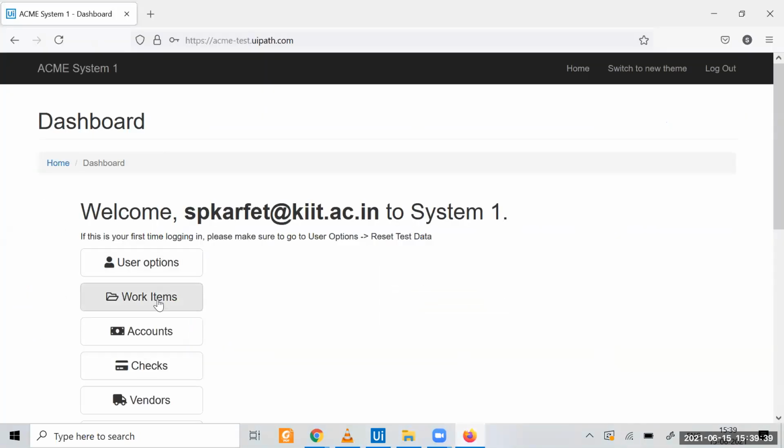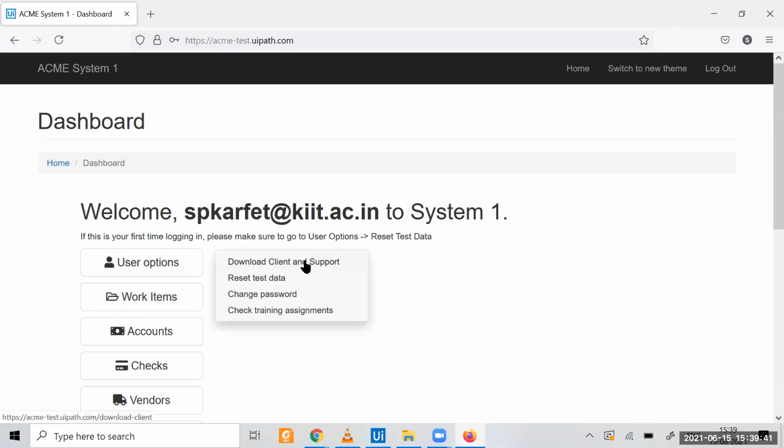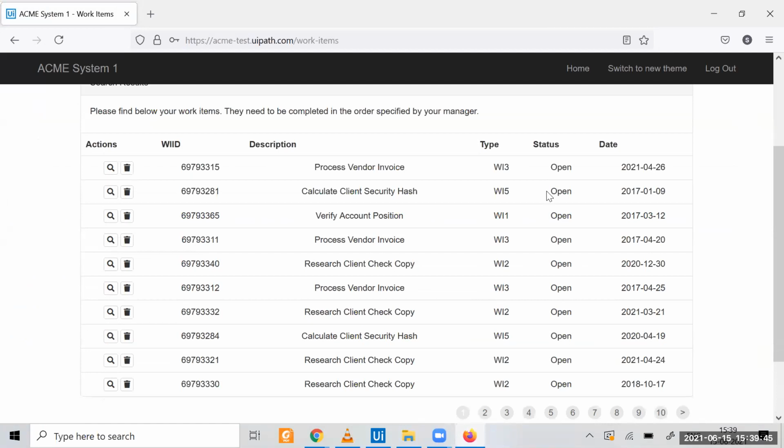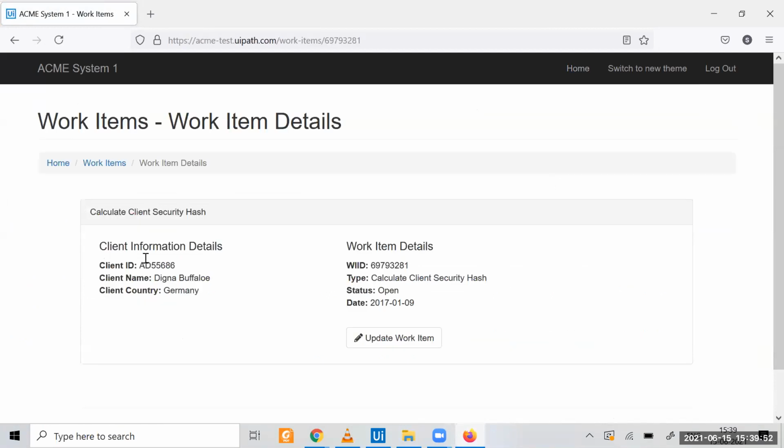Once logged in, you have to do this double work. You have to click the work item, then search and filter WI5, right? Once you get WI5, then you have to copy this part, correct?